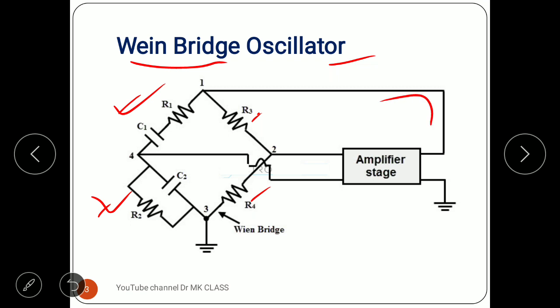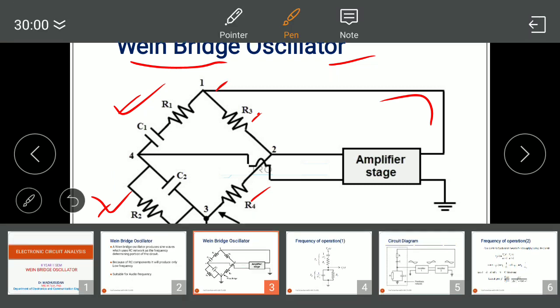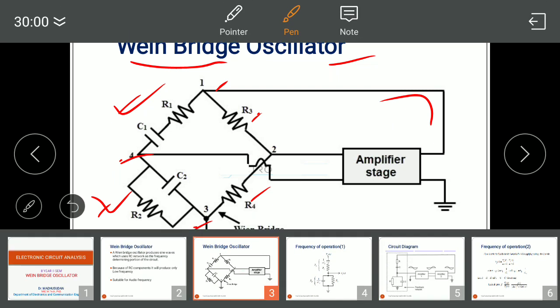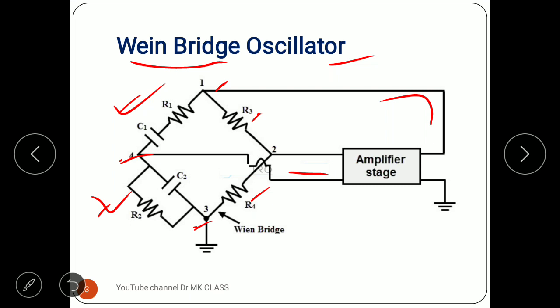The feedback voltage we are giving will be connected between point number 1 and point number 3. It is a common ground between the amplifier output and here, and the voltage across Z2, between pin number 4 and 3, will be fed back to the amplifier, and this is a common pin between input and output for the bridge. And the voltage across Z2 is given as feedback, and it acts as a 180-degree phase shift. That we will see how it works.